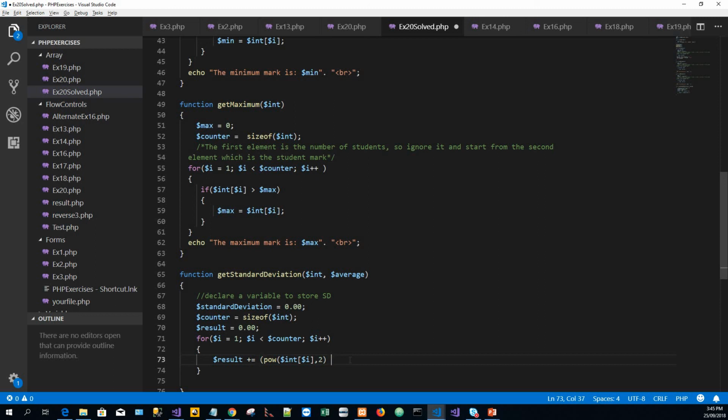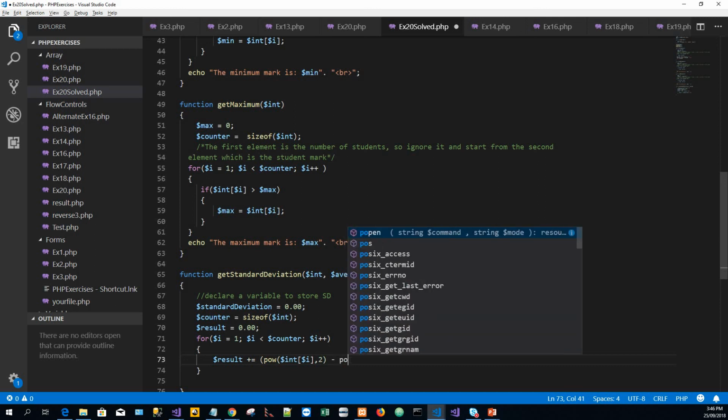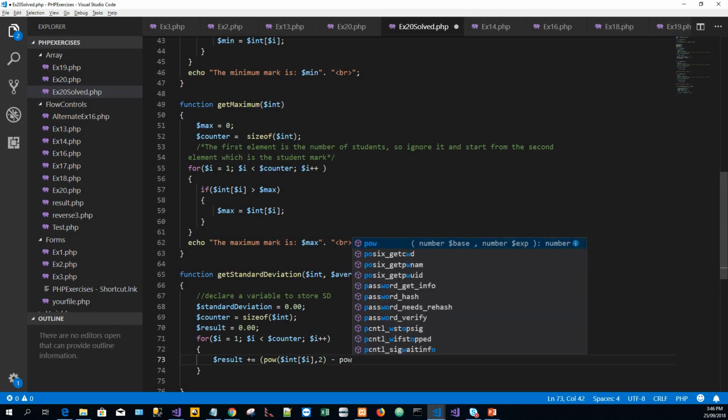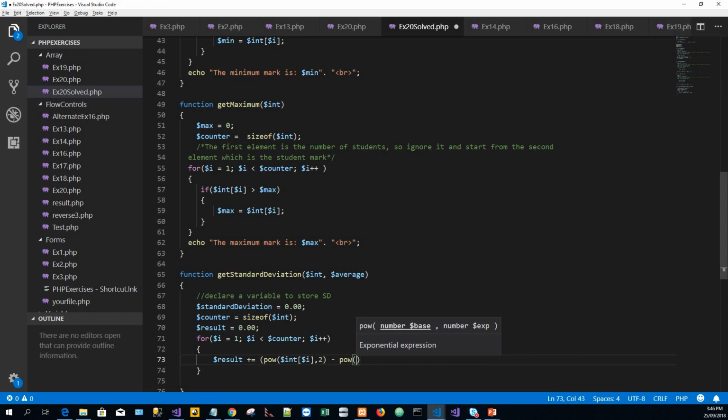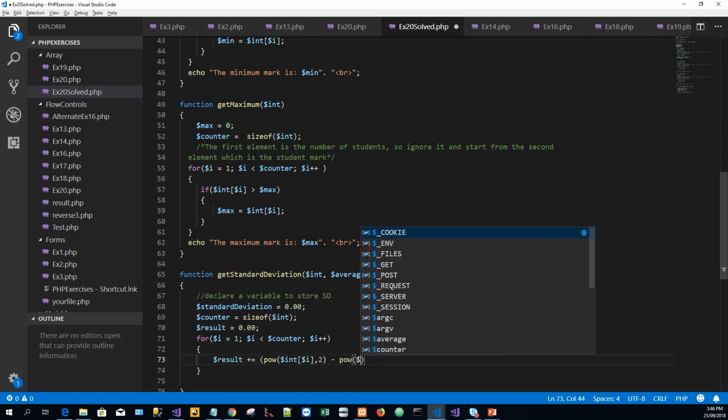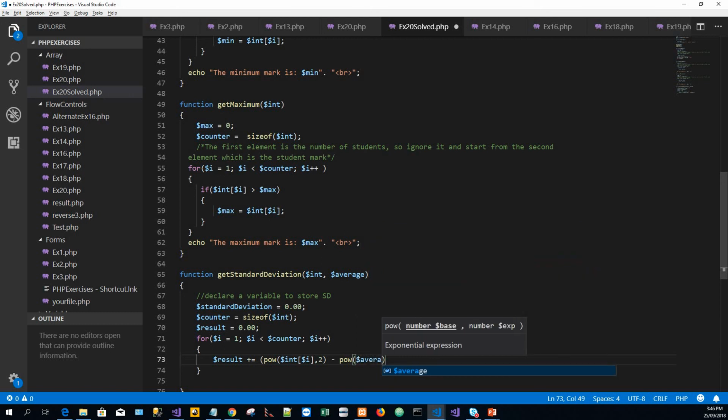just get rid of this. Okay, so minus again power function. Now this time average has to be, mean has to be squared. So dollar average to the power 2 exponent, and closing bracket semicolon,